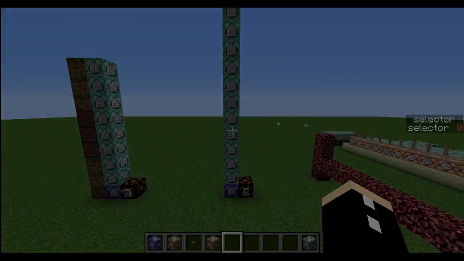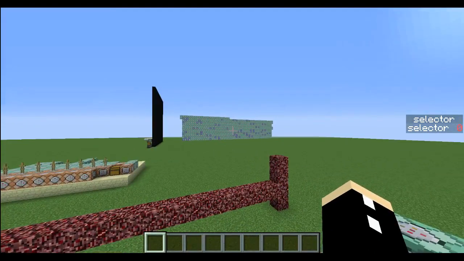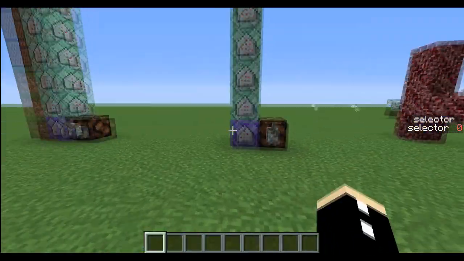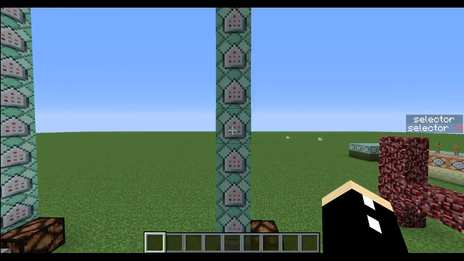Hello everyone! I think I found a way to reduce lag in huge machines. This will not work in small scale projects, but in large scale projects like that one you see over there, this might work. So here I have 15 command blocks, say 1A, say 1B, say 1C, and then 2AB, 2AB,